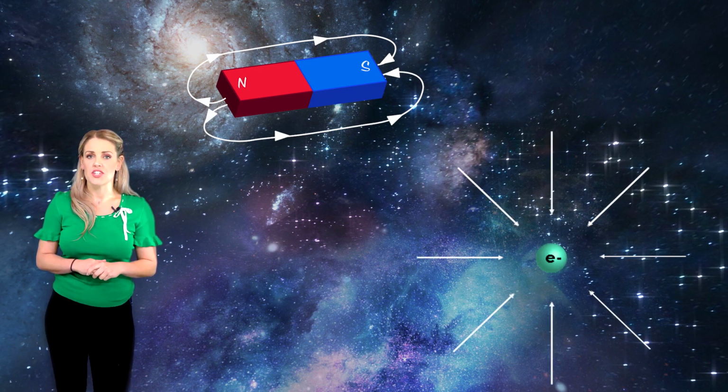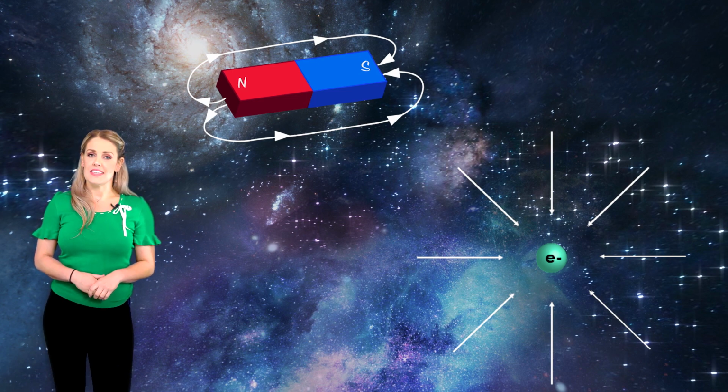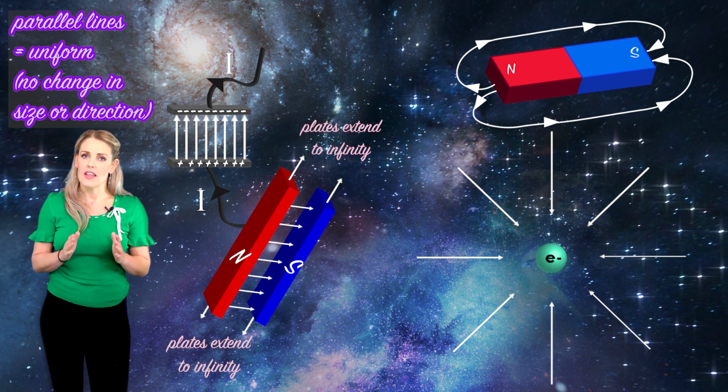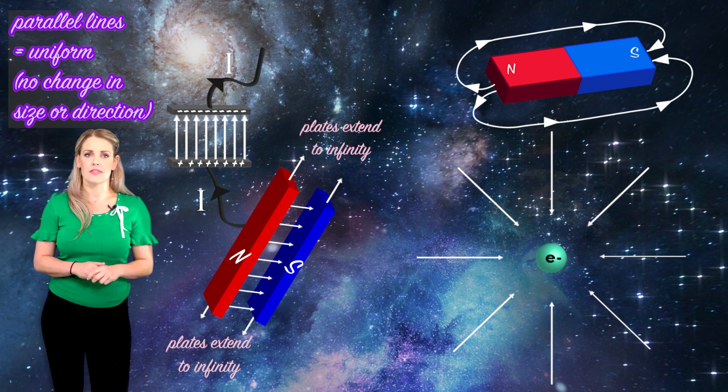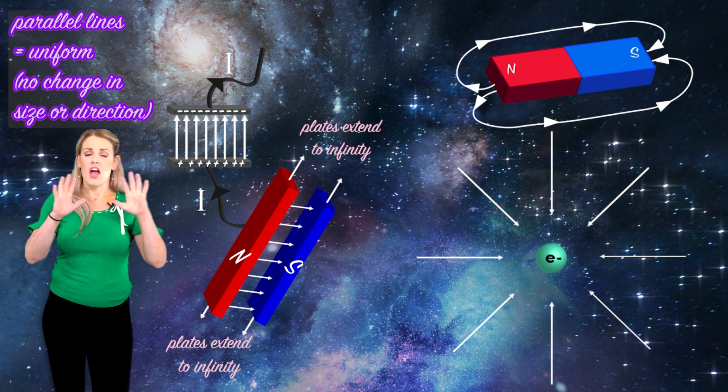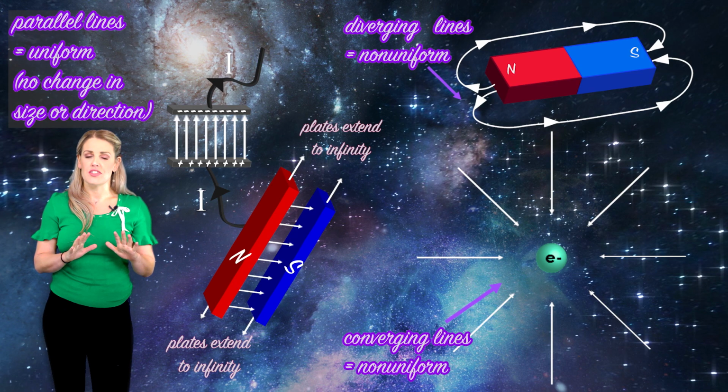A magnetic field due to a bar magnet is clearly not uniform. Is it the same everywhere? And neither is the electric field of a point charge, like this electron here. The quickest way to see this from the diagram is to look for the field lines. Parallel lines indicate uniform fields, whilst field lines which diverge or converge, that is, get further apart or closer together,